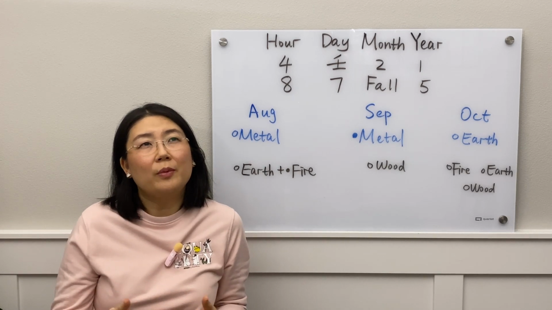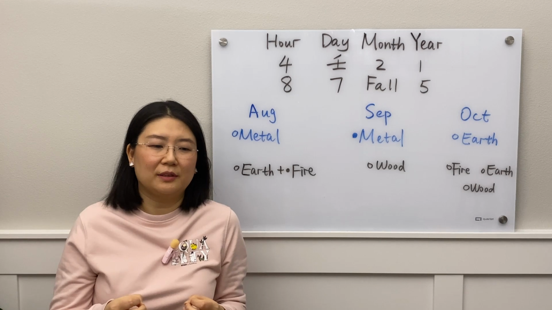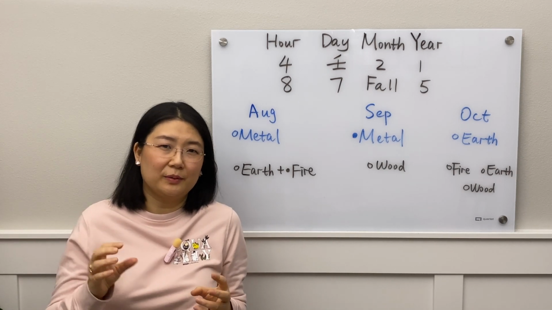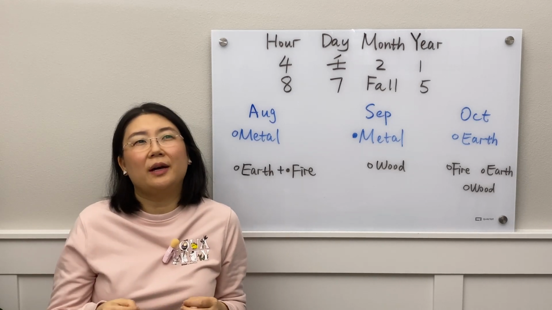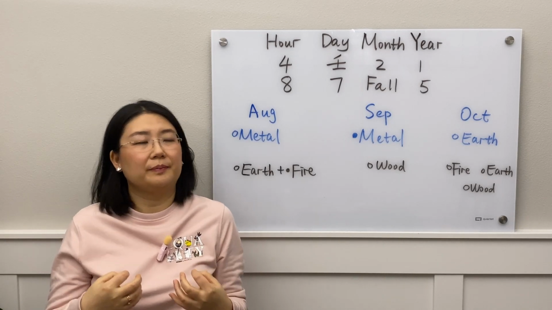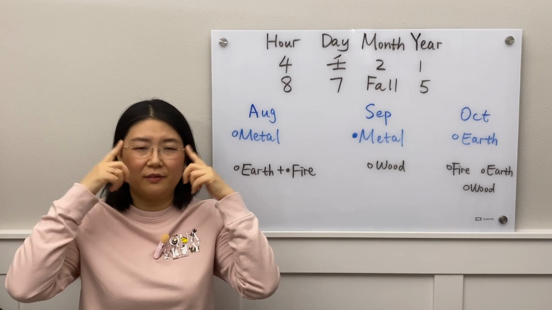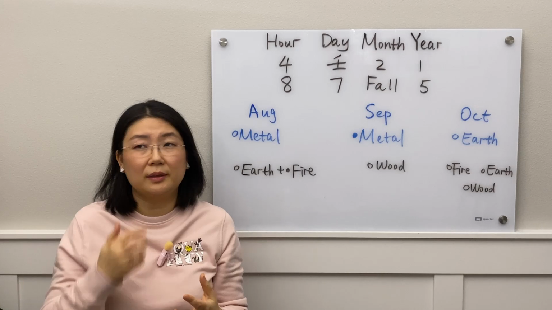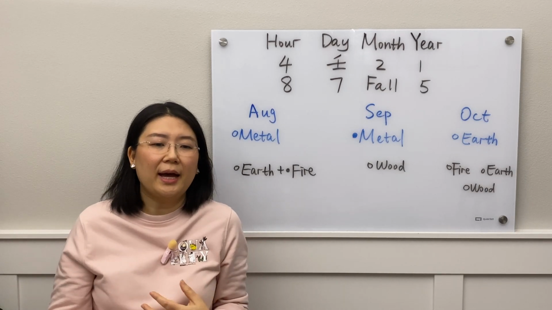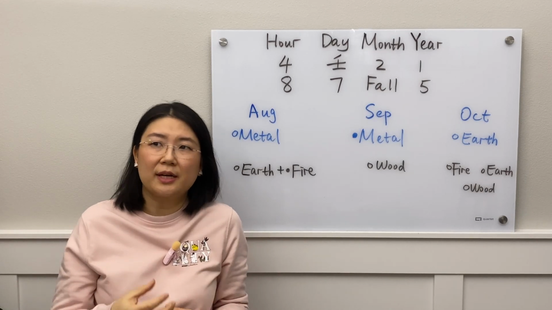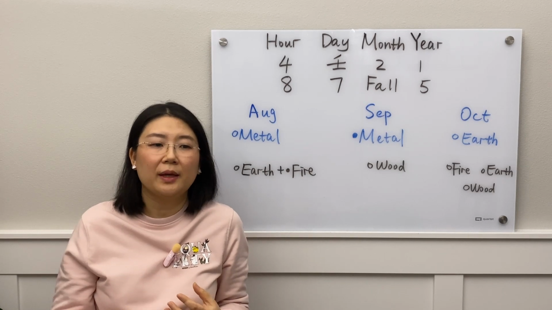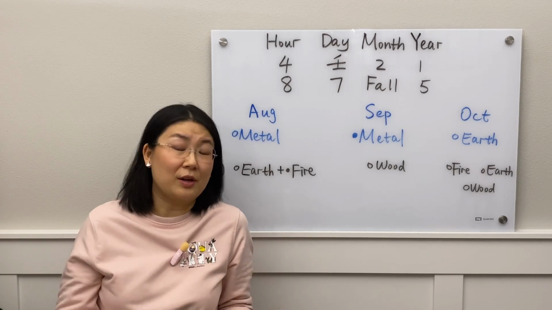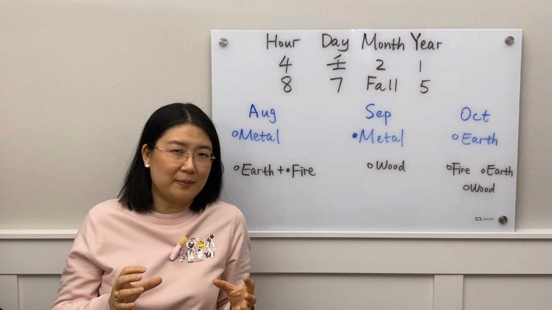So fall born young water people tend to have this trait and personality of this metal, the supporter role, which means it's an input to myself. This type of people tend to have a lot of thoughts in their head, and they're quick studies, very intelligent and smart. They learn things very quickly, and they lean more towards internal digestion, internal processing. And they tend to like philosophy, metaphysics, or something like astrology, counseling, that type of subjects.